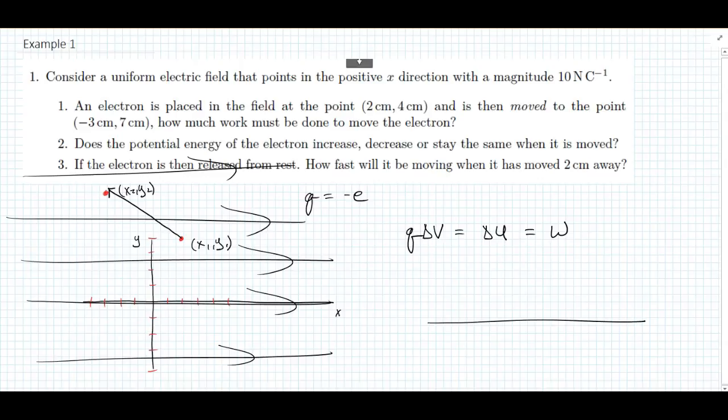Right, so I can see this if I draw the analogy with gravity. If I take a ball that sits on the floor, it has 0 gravitational potential energy. I then am going to raise the ball some distance. Let's say that I raise it a distance h. How much work was required to do that? Well, the change in the potential energy of the ball is its mass times the gravity acceleration constant times that distance h. And I know that, so I've increased the potential energy of the ball, and I had to do work on it for that to happen. So the work that I do is just equal to the change in the ball's